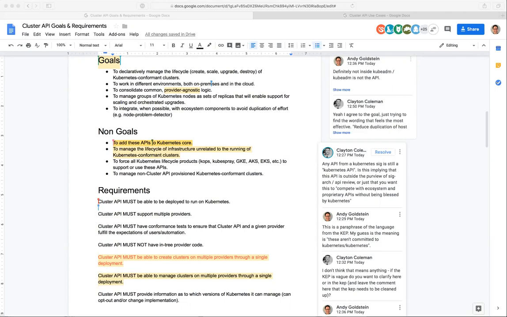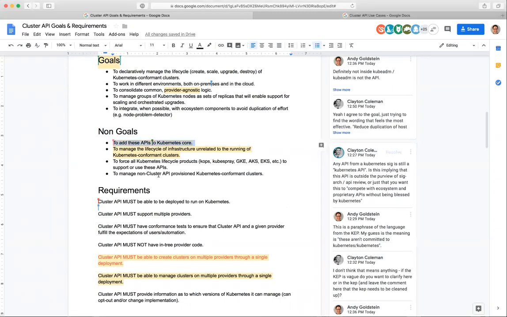Yeah, especially around alpha APIs. It doesn't make any sense for people to be reviewing iterative alpha APIs. Exactly. So do you all think that the language here is appropriate, or does it need to say something more about we don't want to be blocked on API reviews by the Kubernetes API reviewers, or I don't know.